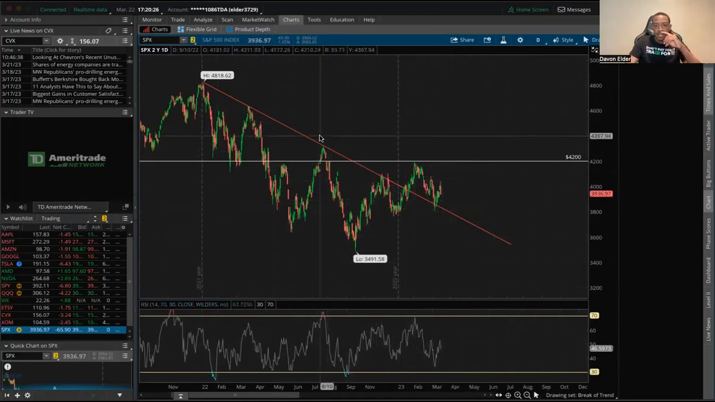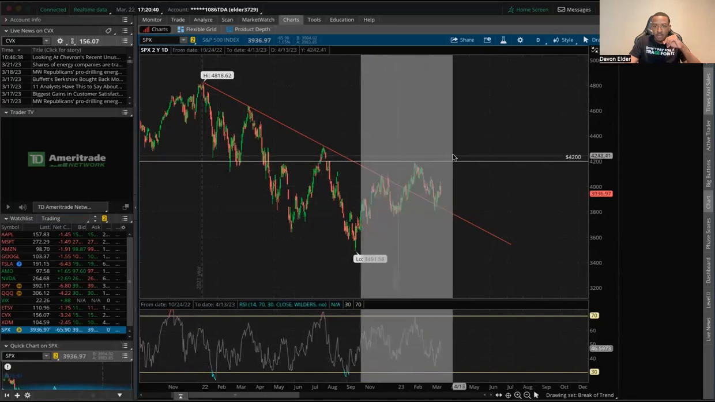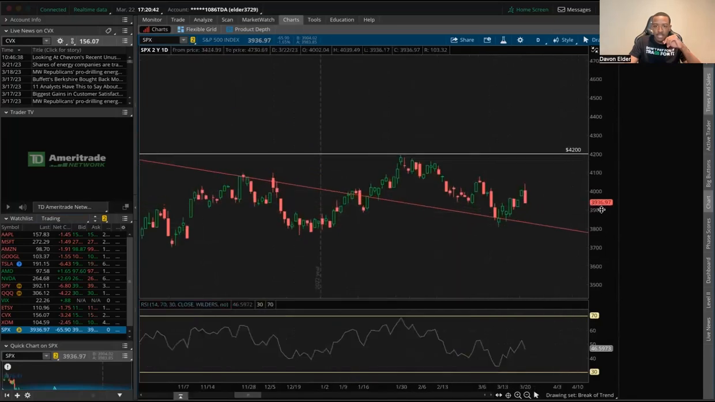If we look at this particular trend line, since we broke above it, we came down briefly and came back up. I'm going to zoom in here a little bit closer. As we can see, we had a red day in the market, and so now it's a possibility that we may be able to retest